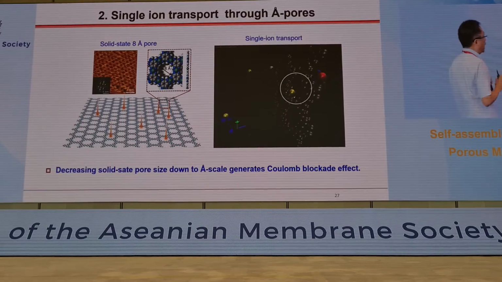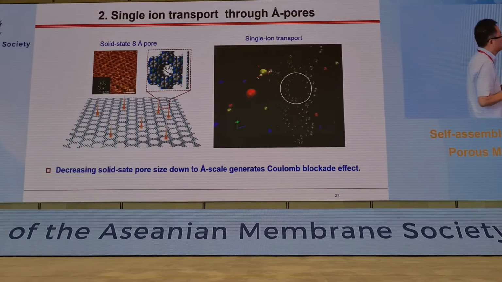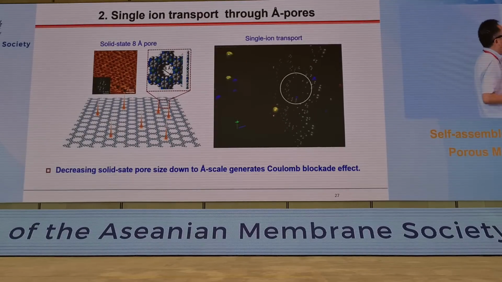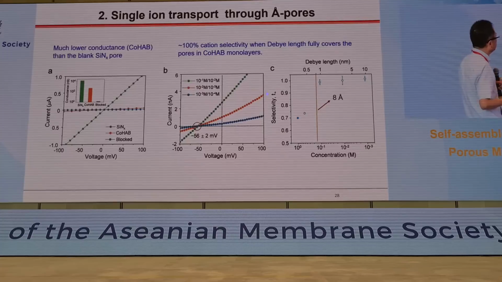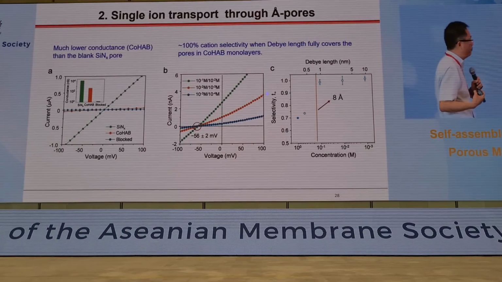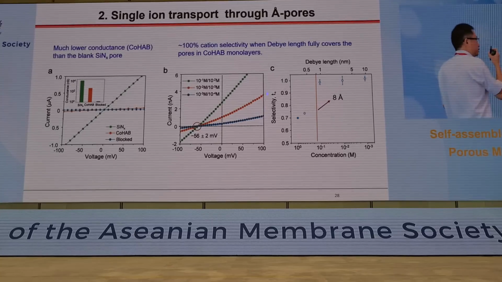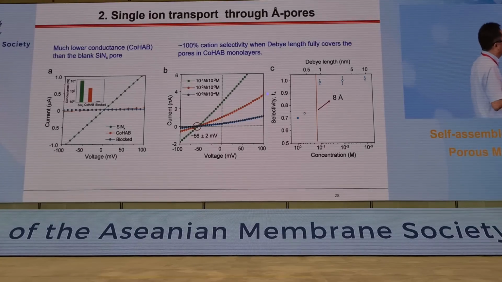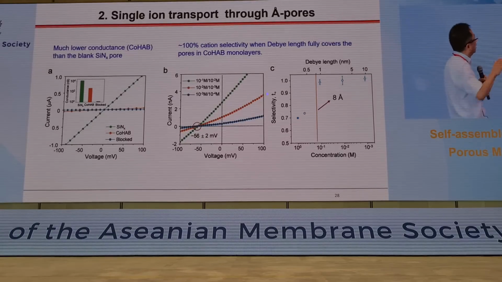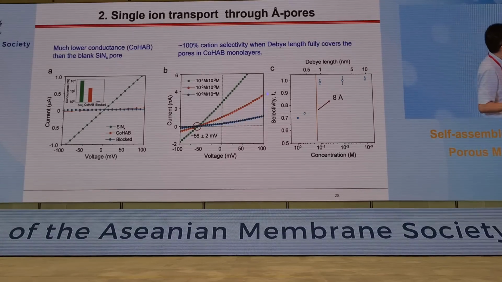We found a strong Coulomb blockade effect caused by single ion transport. So firstly, we checked the conductance of the membrane. We found that in these 8 angstrom solid state pores, the conductance is much lower than the blank silicon nitride pores,